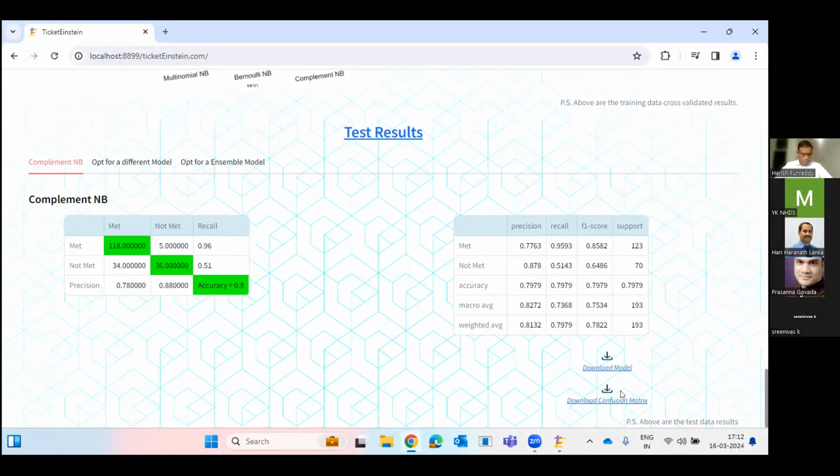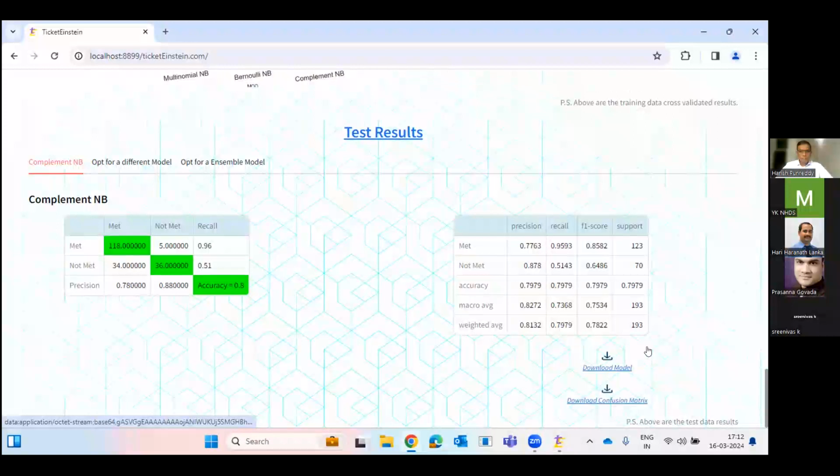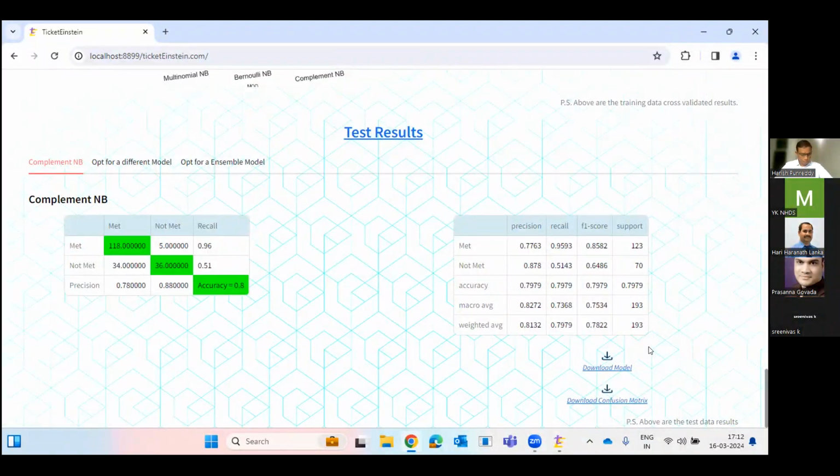And then the tool also enables the confusion matrix download as well as the download model perspective. Now, what is the download model? It is a pickle file, .pkl file, which inherently has got the essence of the model, right? So it has got the complete training aspect of the model inherently in a single file. So what I'll do is I'll go ahead and download this data. It gets into my downloads.